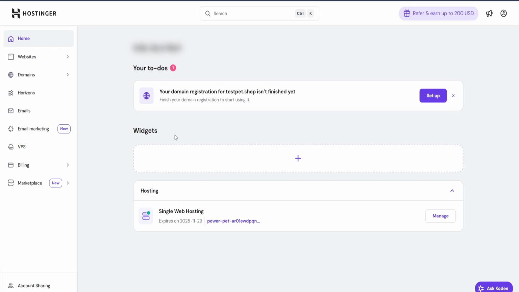First, you'll want to navigate to your Hostinger dashboard. If you're not already logged in, go ahead and enter your credentials to access your account. Your Hostinger dashboard is essentially your central hub where you can manage all aspects of your hosting services, from websites